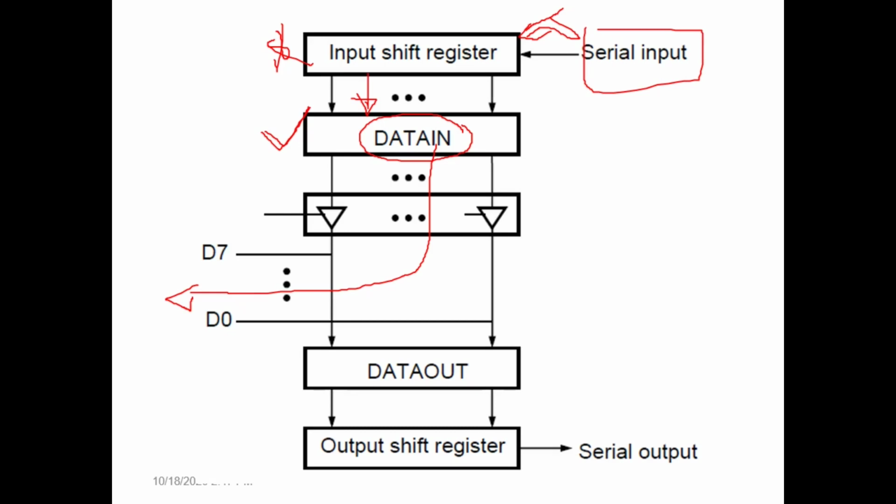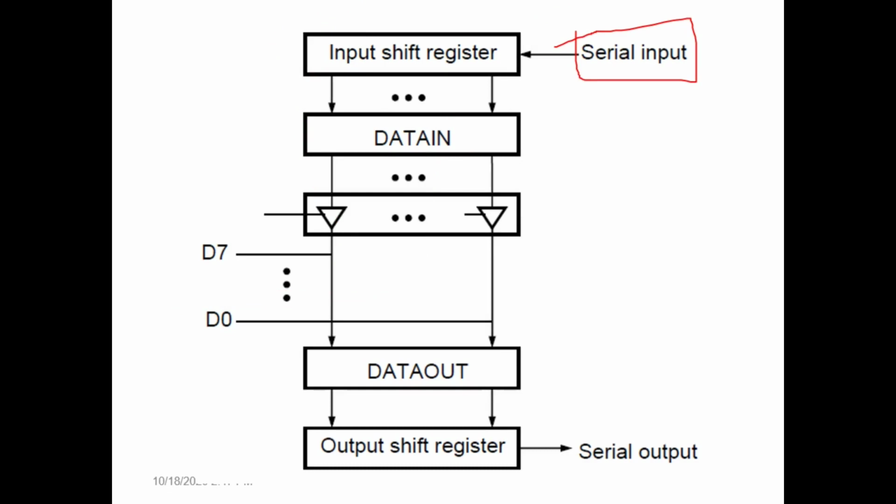Now once again, when 8 bits are collected bit by bit, it transfers those 8 bits to the data in register. Again it will be read by the processor. So the processor reads every 8 bits through the data in. For the processor it is always parallel; the processor always reads 8 bits at a time as a parallel port, but only for the serial input device it is a serial port. So the processor and interface circuit communication is always parallel.